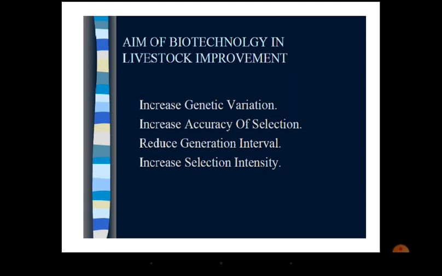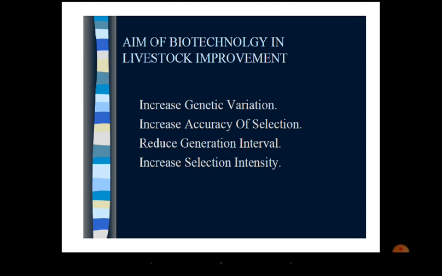Okay, intensity will be very high when you select a small number of animals from a relatively larger number of tested individuals. Okay, so that is the meaning. So whatever tools we are discussing, they should improve upon these four points, along with one more point I already mentioned. They should improve upon the exploitation, and they should improve the multiplication from the selected individuals.